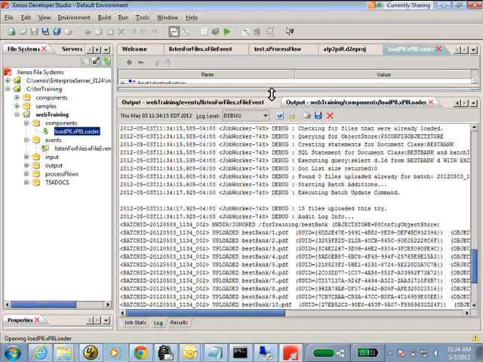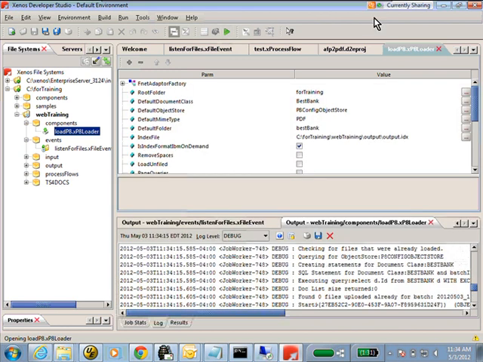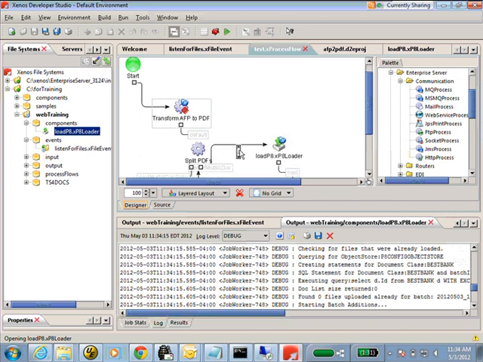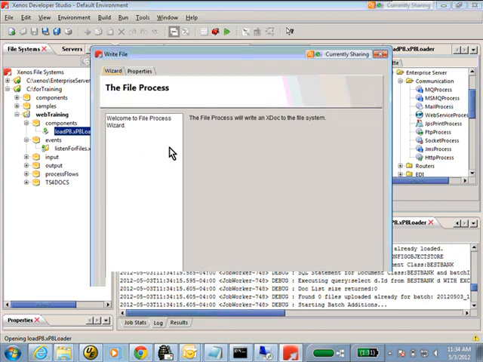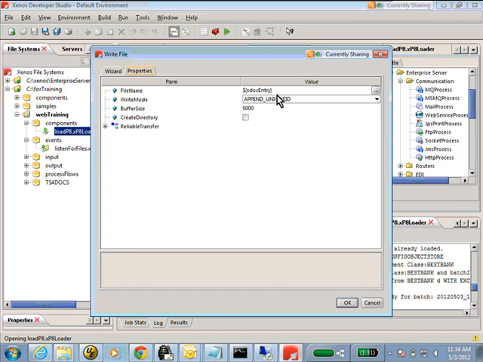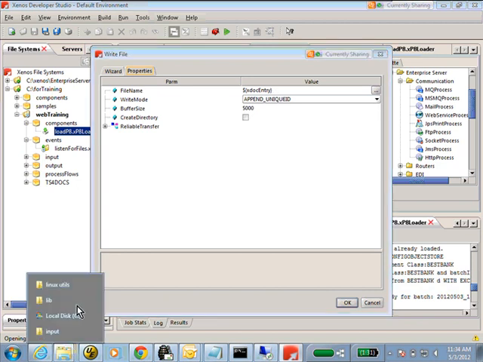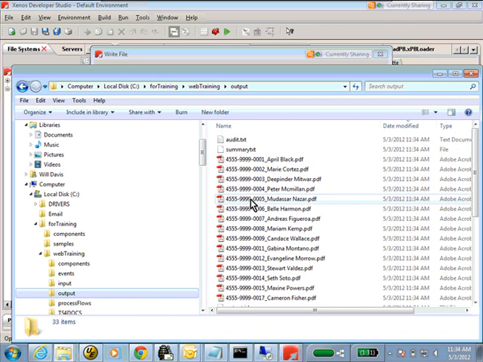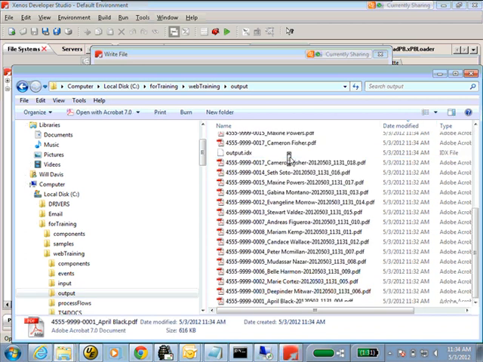Oh, I know what happened. What happened was when I went into this file event, when I went to write it out here, I'm writing out different names. Because I used append unique ID, it doesn't actually know how to read these. So if I look at the output directory, we can see these, which was obviously just created. But we can also see these, which was created by the file process.